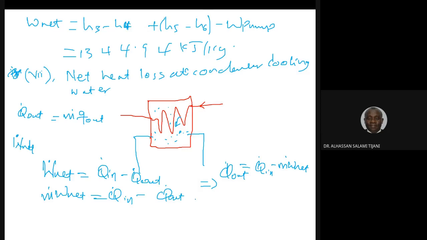So from the equation, we will discover that Q out equals 55,000 minus 13.96, the mass flow rate of the steam, times the specific network